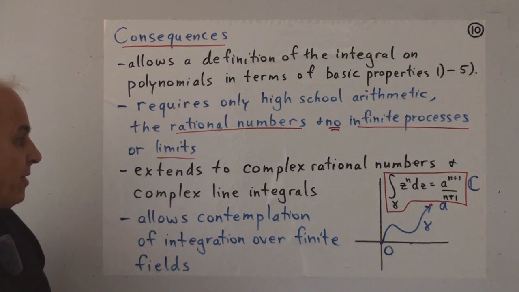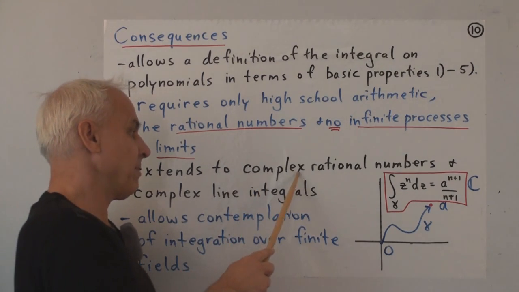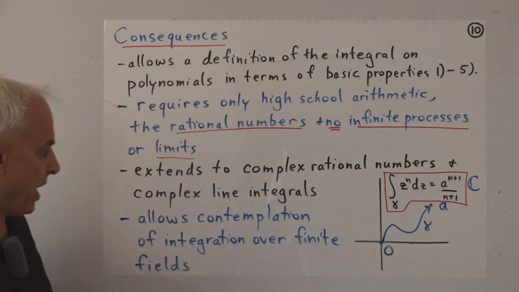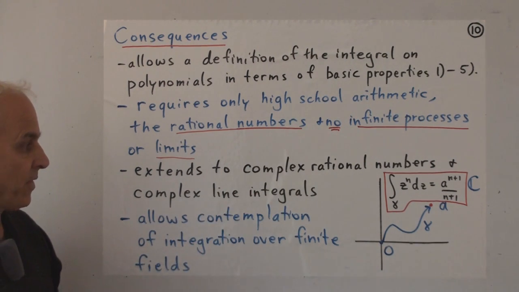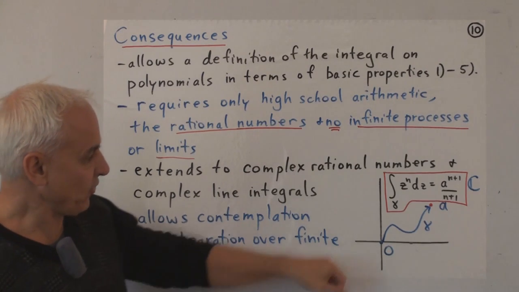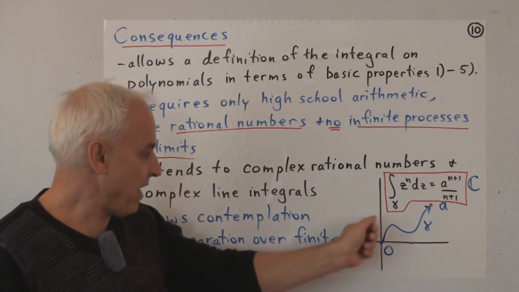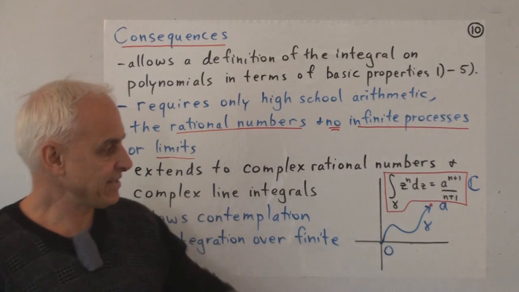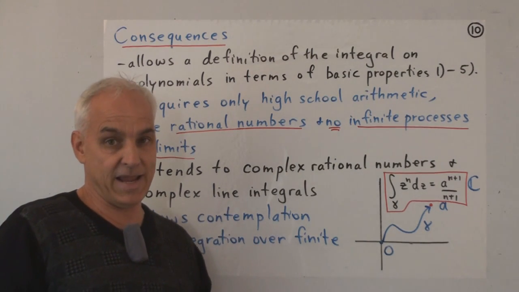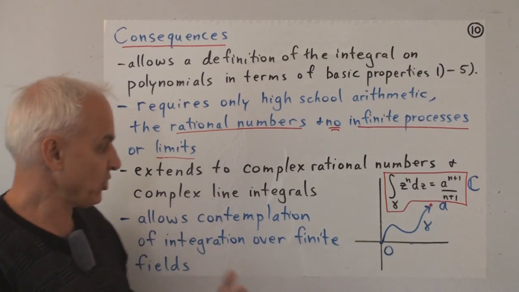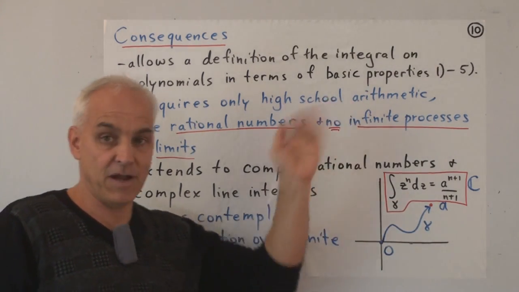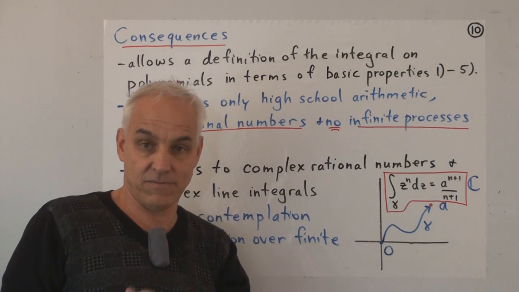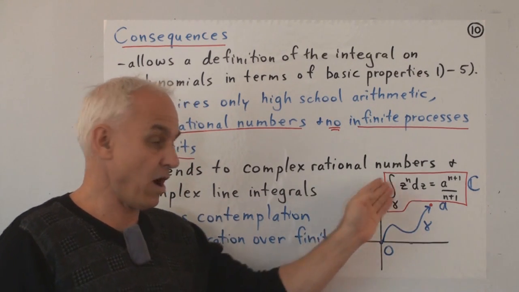Okay, it also extends to general fields because everything's just algebraic. So, for example, the argument can be extended to complex rational numbers. And when we do that, we're basically capturing the essence of so-called complex line integrals. In complex analysis you also have to define integrals, but you have to define them in terms of line integrals, and it's somehow analogous to area, but it's not really like area anymore. But it turns out that the line integrals that you define are basically satisfying the same properties that I've described, 1 to 5, on polynomials.